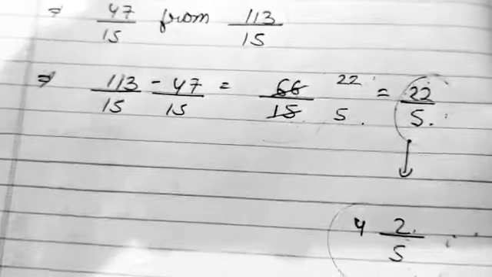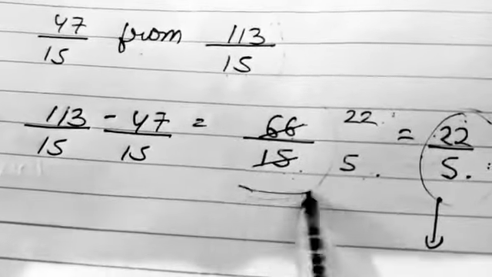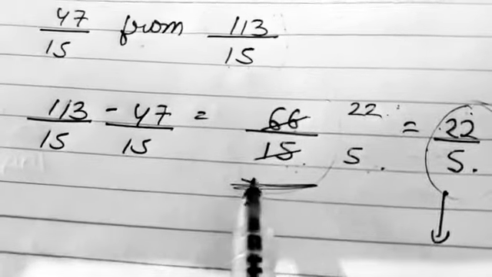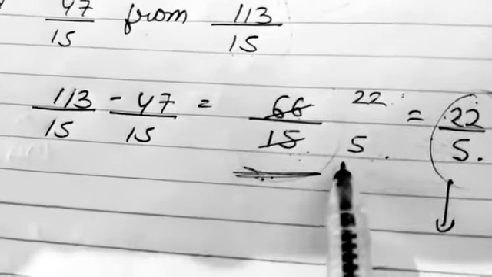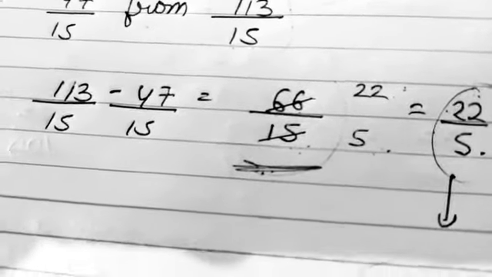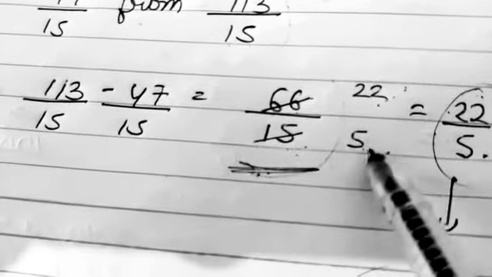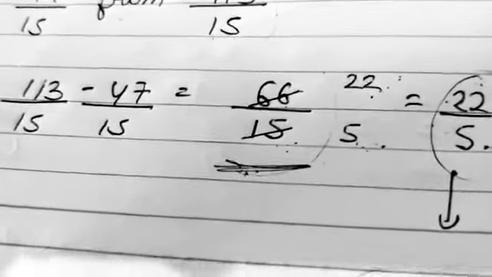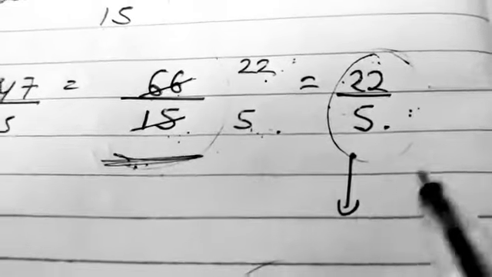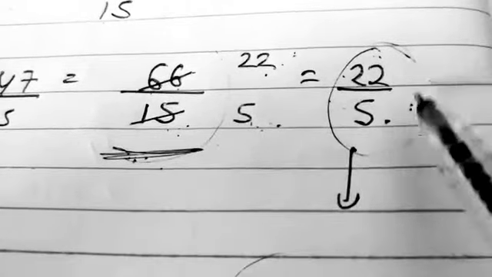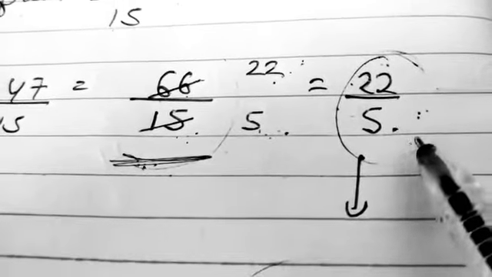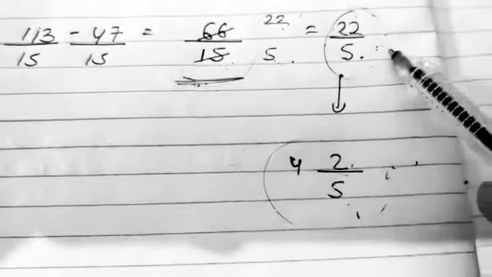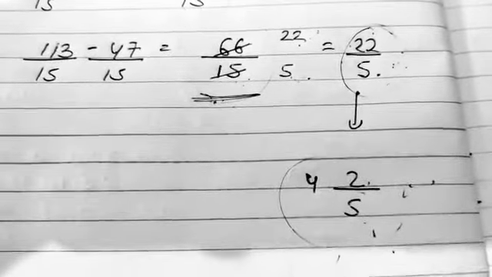The main confusion could be this one. So for this, whenever your answer is divisible, then you will divide it. You will stop when your answer is not divisible by any number. So this is the first point. Second point is that whenever your answer is coming in the improper fraction, then you need to convert it into the mixed fraction. So this is the first point and this is the second point. I hope now it is clear to you.